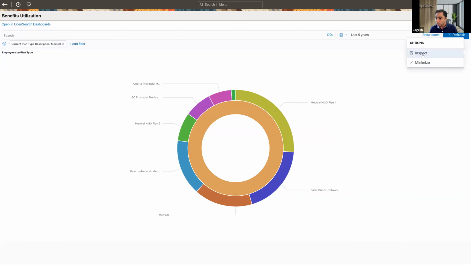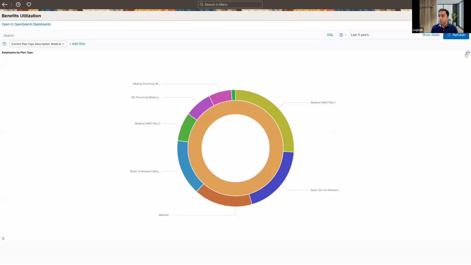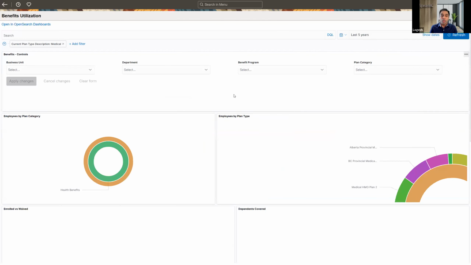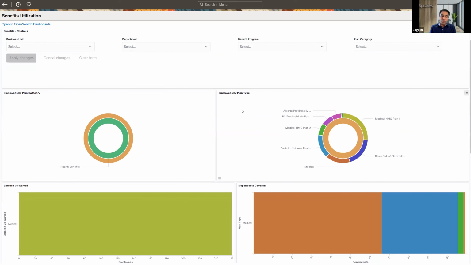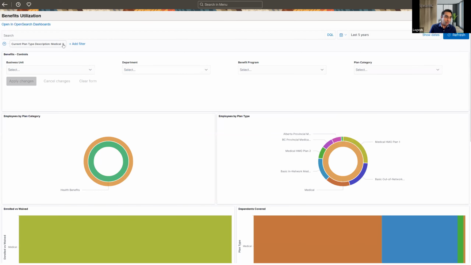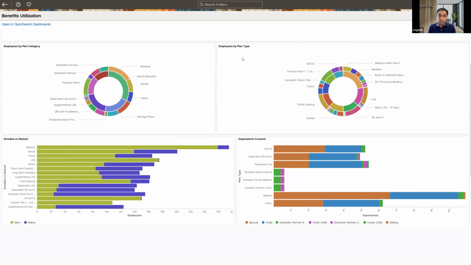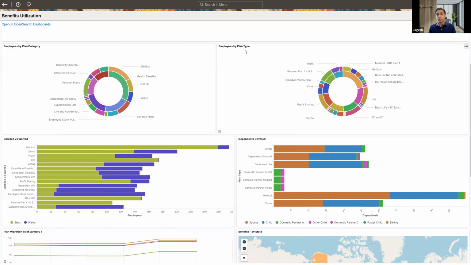So let's go back in here. Oops, sorry. I should minimize. Now, these are very powerful visualizations, as you can see here. Let me kill this filter. I don't want to just look at medical. So as we can see here, how many employees have taken up or enrolled into different plans,